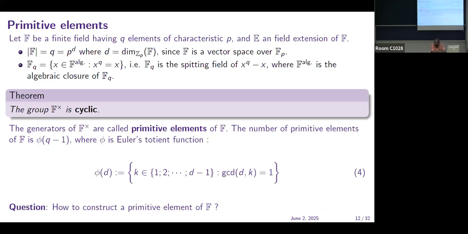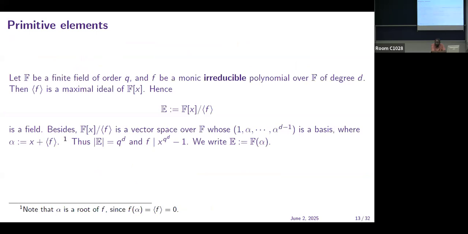Okay. First question: how to construct a primitive element of the field F? Let F be a finite field of order Q. Let f be a monic irreducible polynomial over the field F of degree D. Then the principal ideal generated by f is a maximal ideal of the polynomial ring over the finite field F. Hence,